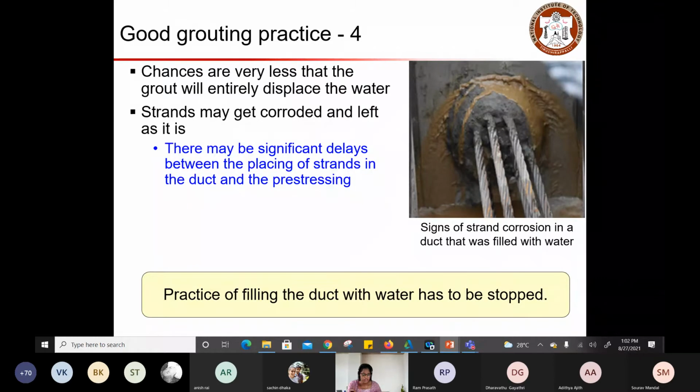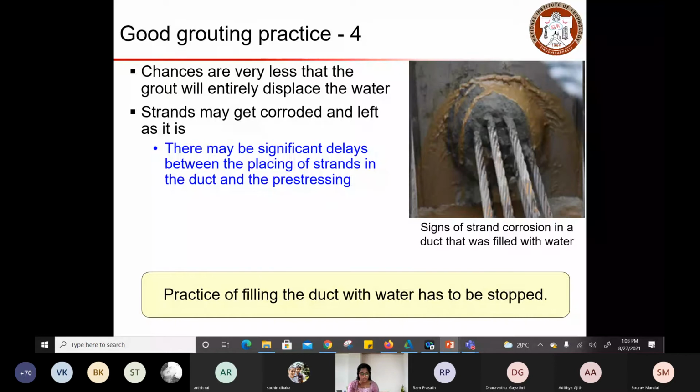So this was done why? Because initially people thought once you fill the duct with water and pump the grout through the duct, if the grout could displace the water, then that was an indication to stop the grouting, considering the grouting had been done completely. But the grout does not have the tendency to displace the water completely. If there is some small amount of water, then it's good. But if you have a huge water content inside already, then it will not be helpful, and this practice will not be that successful.